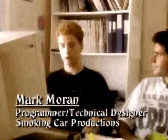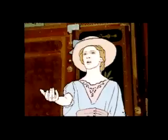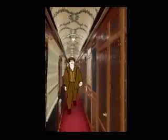The thing that I think makes our game the most unique technically, and definitely the biggest challenge for us all along, has been what we call the character logic, or creating this illusion of life that you have as you move through this 3D journey. Each character, and there's about 35 substantial characters, has a set of routines that they go through. And basically they're interacting with each other, and there are all these sub-stories winding back and forth,